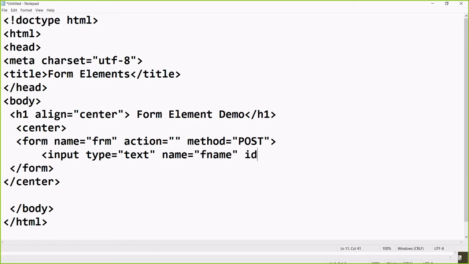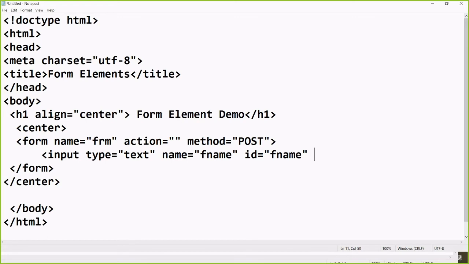Another thing is the id. Both options are available: either with the help of the name you can pass the value, or with the help of the id. But keep one point in your mind, id is always unique, so in a single page, whatever id name you write should be used only once, but name you can write more than once. Got it? So id and name, it depends: if you want you can use the same, otherwise different, as you wish. So another attribute is the id; with the help of the name you can pass the value, otherwise with the help of the id you can pass the value.